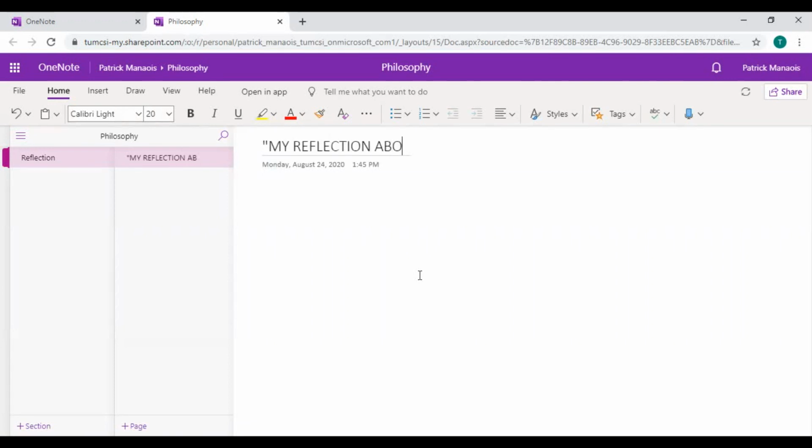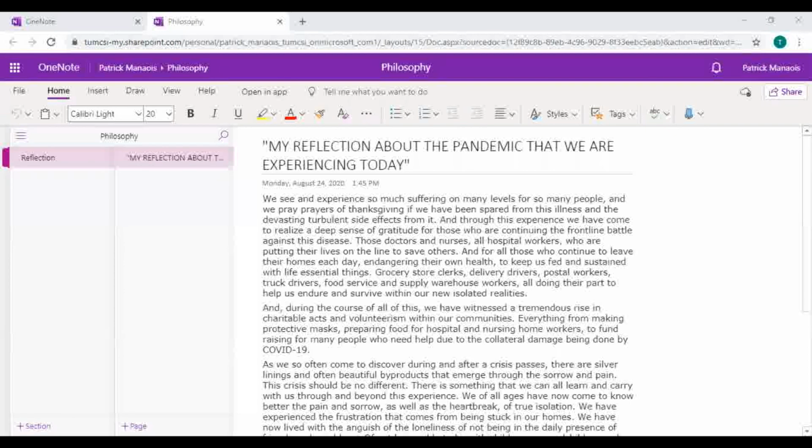My reflection about the pandemic that we are experiencing today. Then after that, click the next portion and then start typing your essay activity. Okay, students, kung tapos na po kayong i-type yung inyong reflection about the current pandemic that we are experiencing today, which is the COVID-19 pandemic,